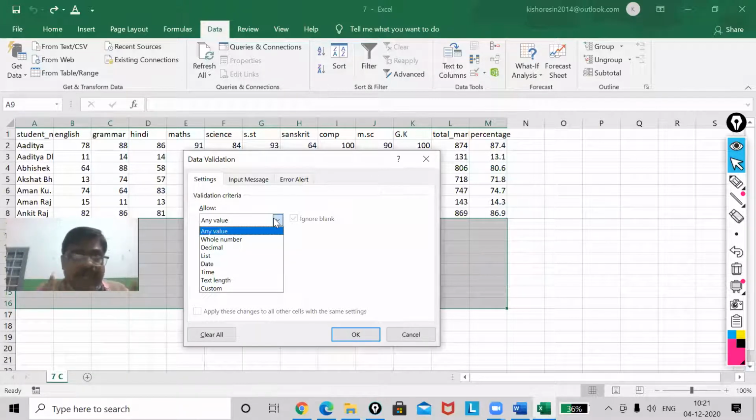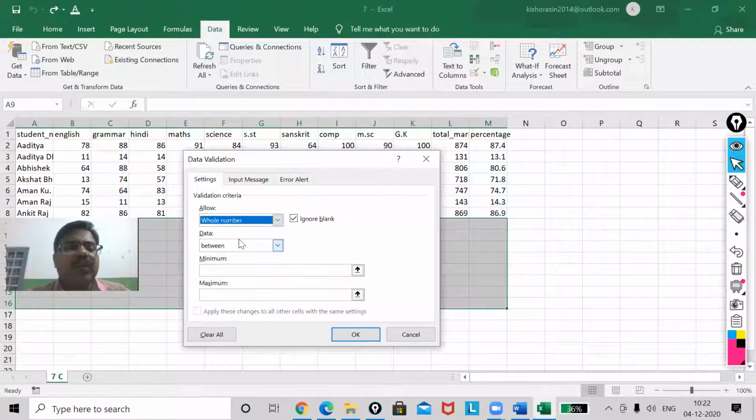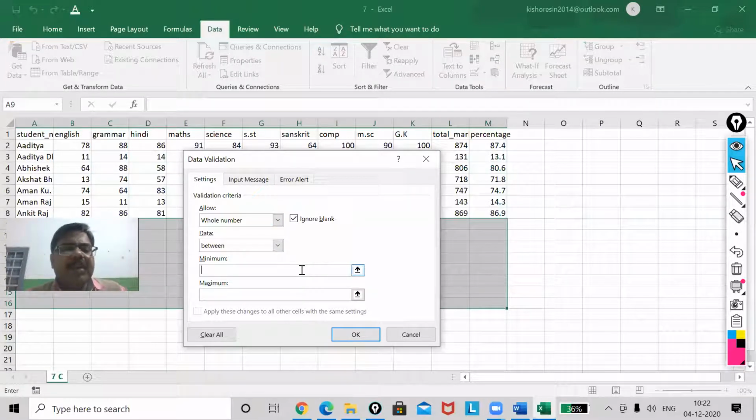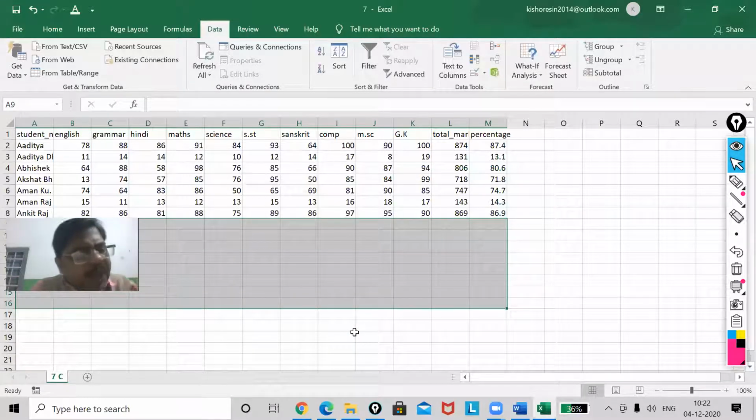It means that the marks of the students will be between 0 and 60, not more than 60. So I will use a whole number. Minimum is 0, and the maximum is 60.